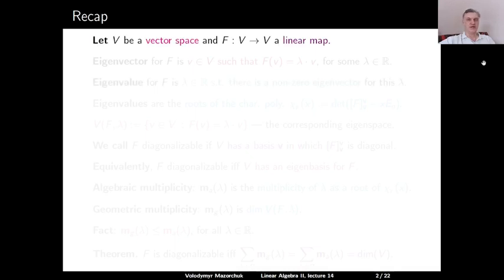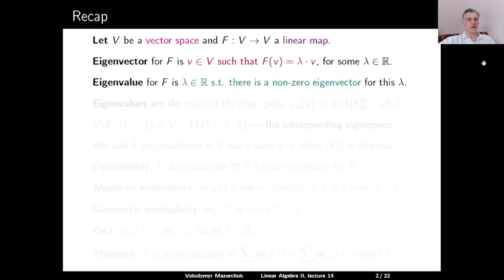Let V be a vector space and F a linear operator on V. An eigenvector for F in V is a vector v such that F of v is equal to lambda times v for some real number lambda. A real number lambda is called an eigenvalue for F if there is a non-zero eigenvector for this lambda. And the eigenvalues for F are exactly the roots of the characteristic polynomial of F, which is defined as a